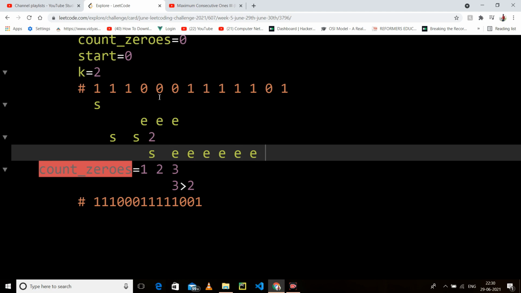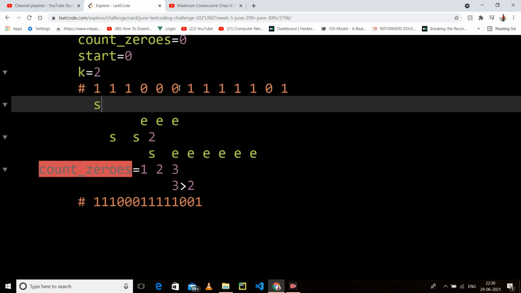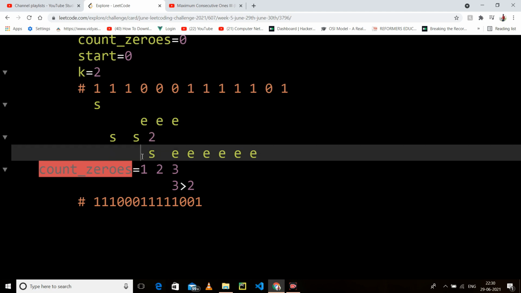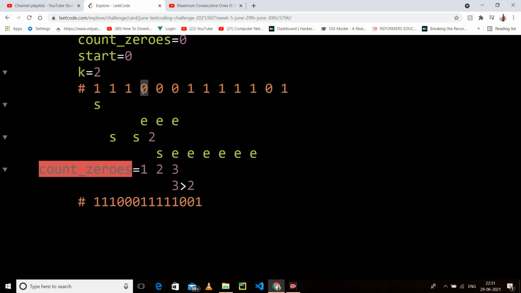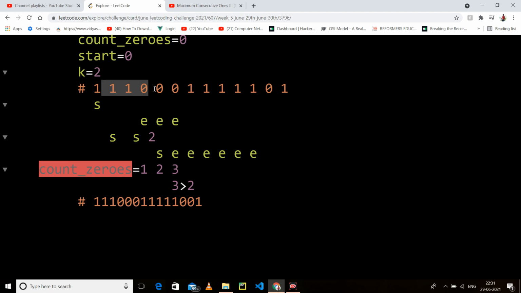So now you can see that our current window: the end is here, and previously start was here, now start is here, because previously I had held 3 zeros. Now I have decreased this, so our window is starting from here.